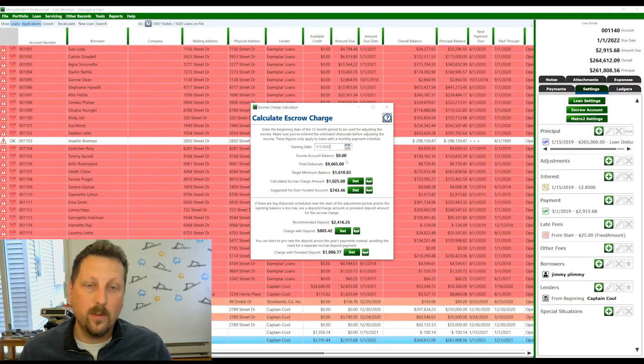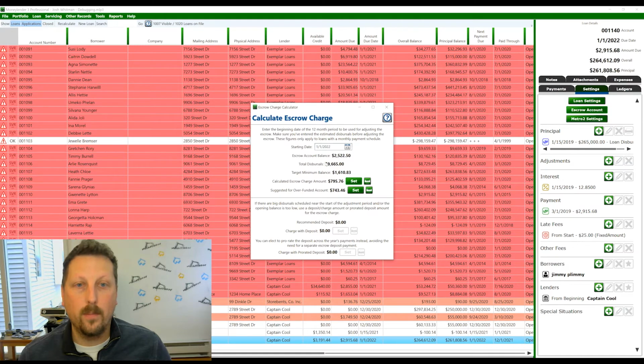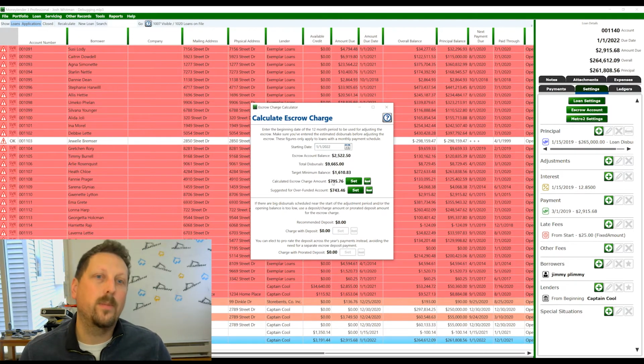So now for January of 2022, it looks like we have a starting balance of 22 instead of 0 this time. We're going to be spending $96.65. We want the minimum balance, so basically the balance in November when the big bill hits, we want the remaining balance to be $1610.83. So that means the escrow charge should be $795, and that's expected because the first year